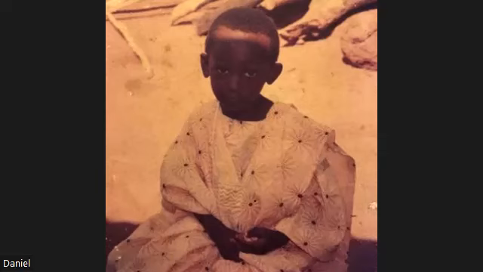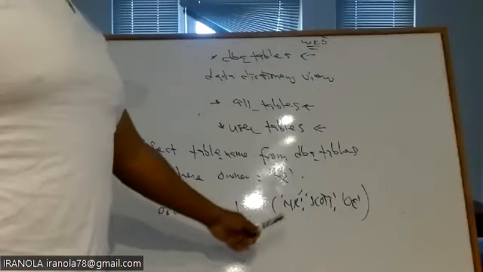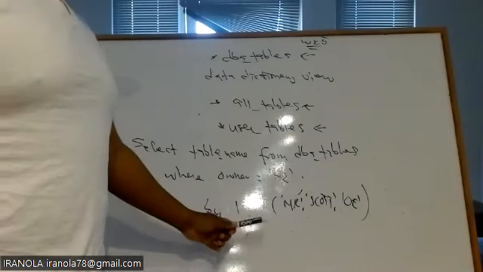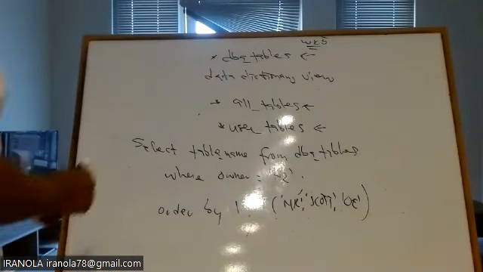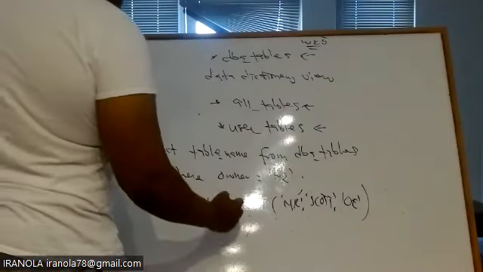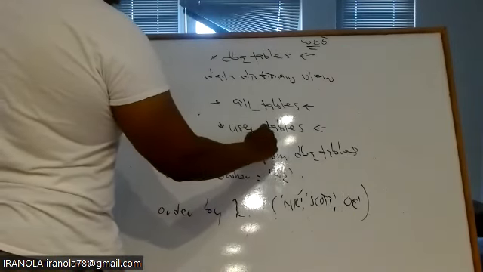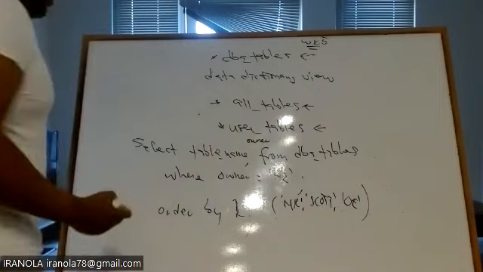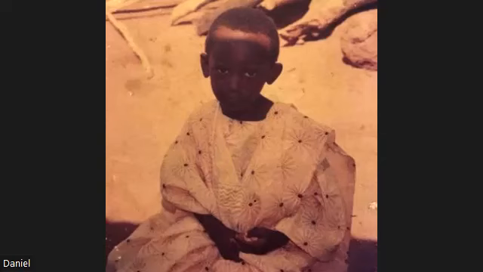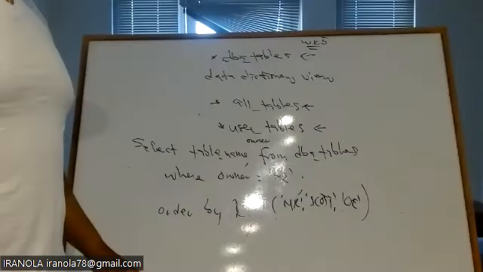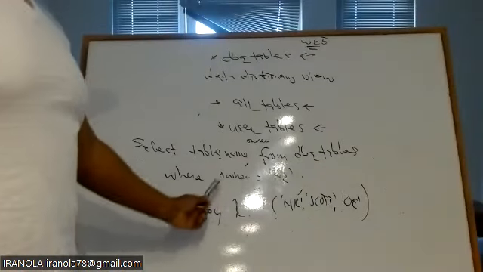Right. So now it's going to show you all the table names and it's going to order it by what? No, actually, let's select table_name. Actually, don't order by 2. Let's do order by 2. Then add owner as well. So you can see the difference. Okay. So you do select table_name, owner from DBA_TABLES where owner equals HR, or where owner